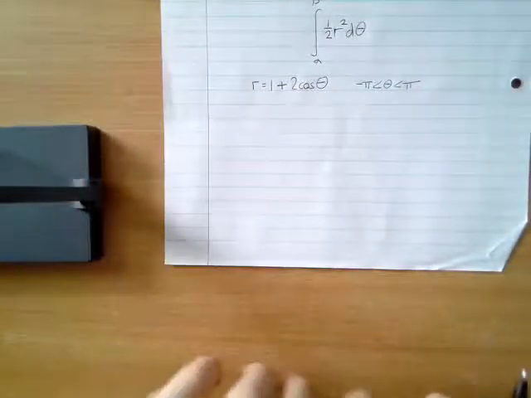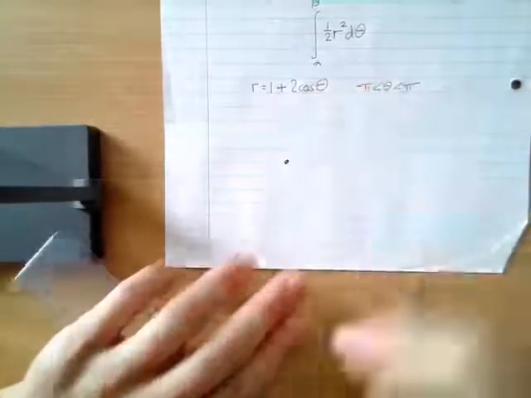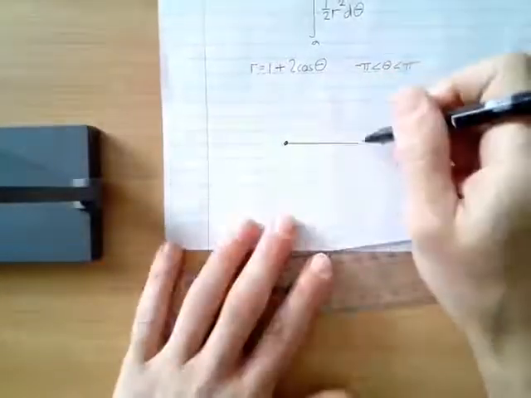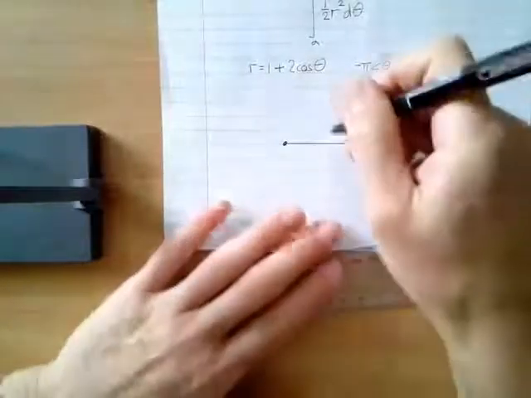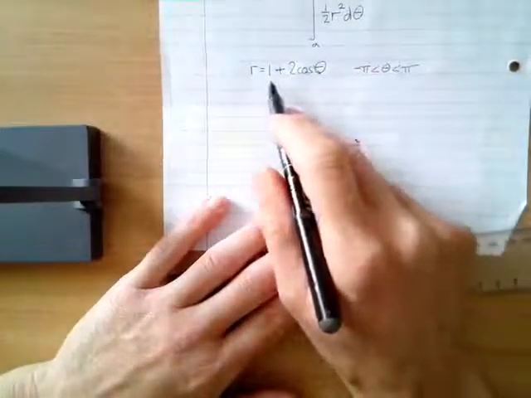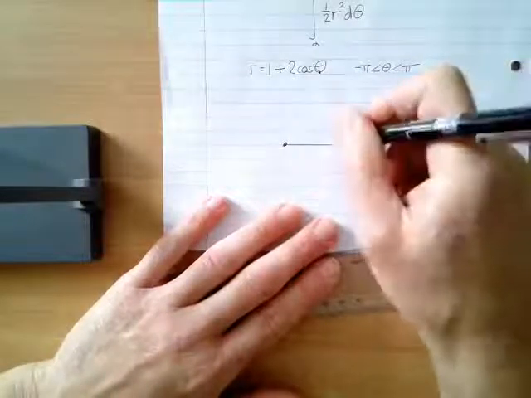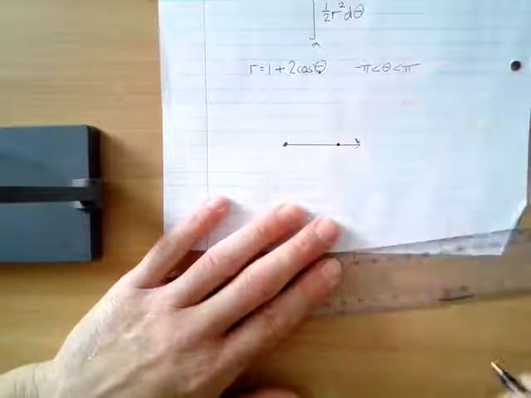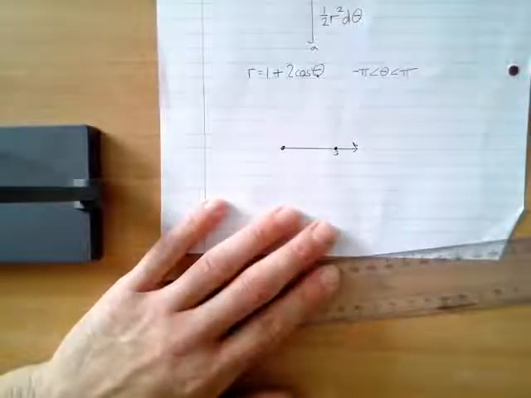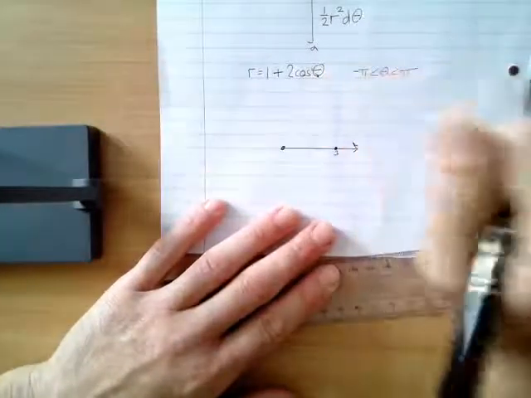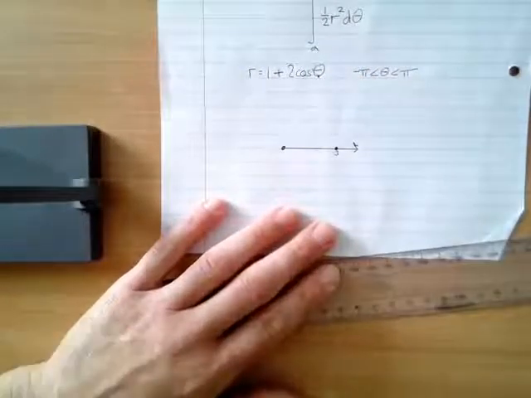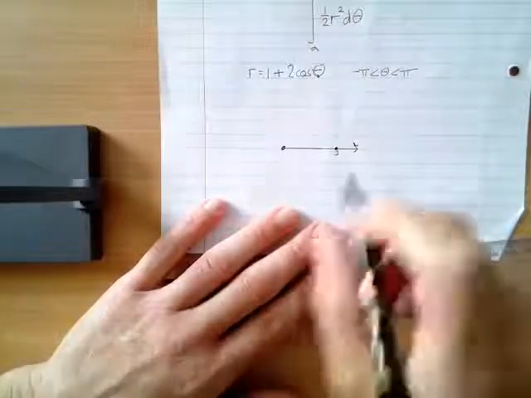What does it look like? Well, you did sketching last lesson, so I'm sure you could find this out for yourself. But it does actually look like this. Okay, first of all, if you put a 0 in there, then that's going to be 1 plus 2, so that's going to be 3. So it's going to come out to 3 here. Okay, if you put a pi over 2 in there, 90 degrees, it's going to be,